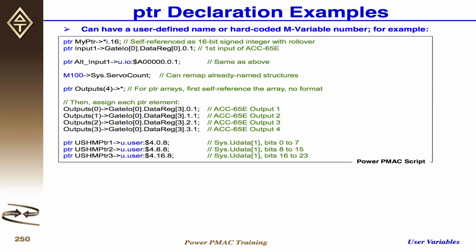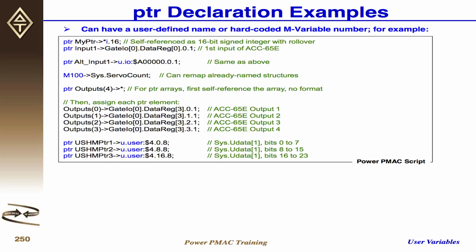So some examples. In this case, the first one here, pointer my pointer, is pointed to *i.16. So it is a self-referenced pointer. As of now, it's not pointing anywhere in particular, but it is a 16-bit signed integer with rollover. So when we do point it to a register, or whatever it is, that will be the form of the data. The next one we already briefly went over. Its input 1 is pointing to